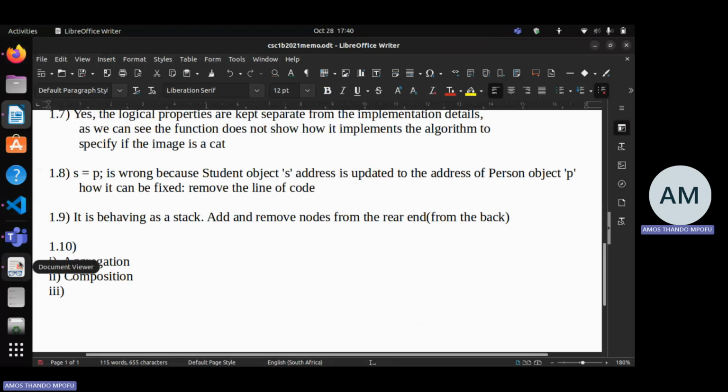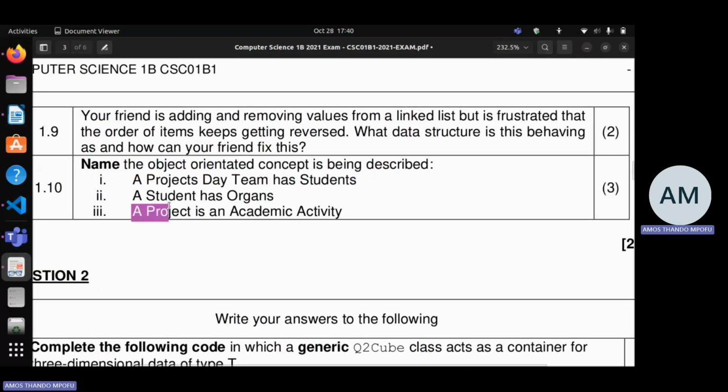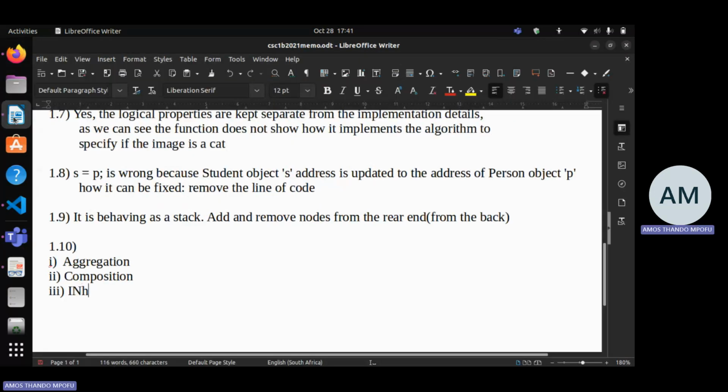Let's check three. There you go. A project is an academic activity. So this is simple. This is just basically what inheritance is. A project is an academic activity, so it inherits from this class, academic activity. So this is inheritance, where there is an is-a